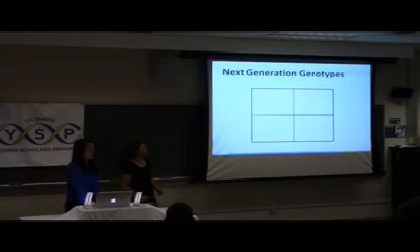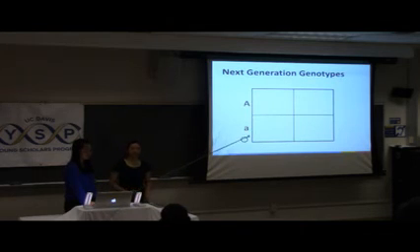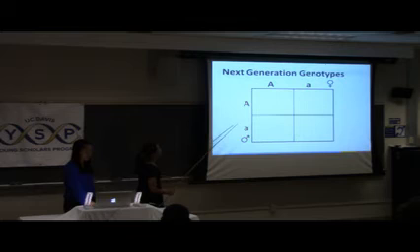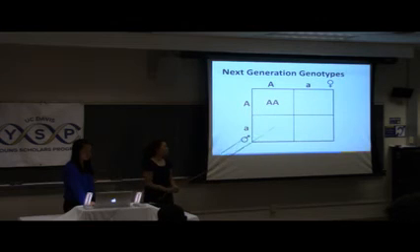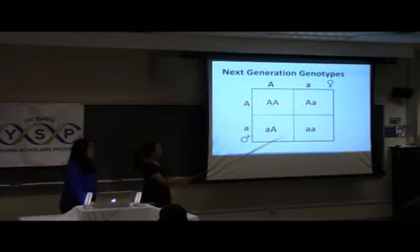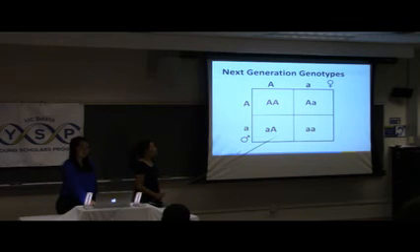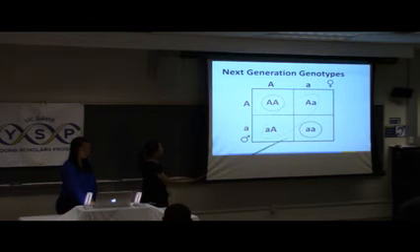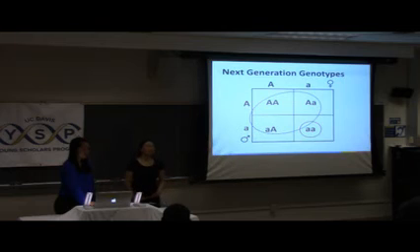So let's say that our parents are both heterozygous, meaning that they have 1 form of the allele and then another form of the allele, here big A and little a. So when we form a Punnett square, we will have 3 different genotypes. We will have big A, big A, which is homozygous dominant, big A, little a, which is heterozygous, and the last one being little a, little a, which is homozygous recessive. So our genotypic ratio is 1 to 2 to 1, and our phenotypic ratio is 3 to 1, since the heterozygous and the homozygous dominant forms exhibit the same phenotype.